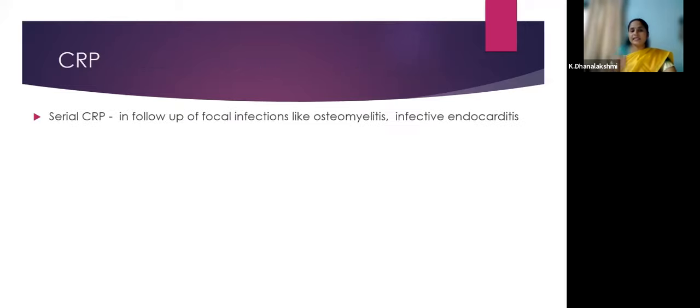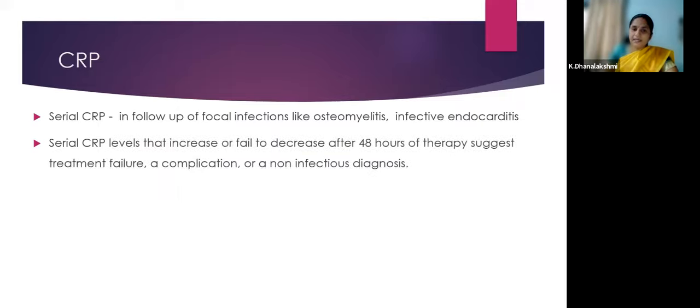So routinely a single value doesn't have any value, but some conditions will need serial monitoring of the CRP. Serial monitoring of CRP will help in follow-up of infections, like chronic infections such as osteomyelitis and infective endocarditis. You start treatment, and you follow the child gradually, clinically, along with the CBC and CRP. If the CRP levels don't fall, or are increasing after 48 hours of therapy, then it indicates a treatment failure,